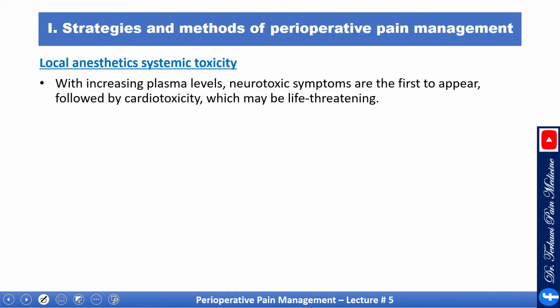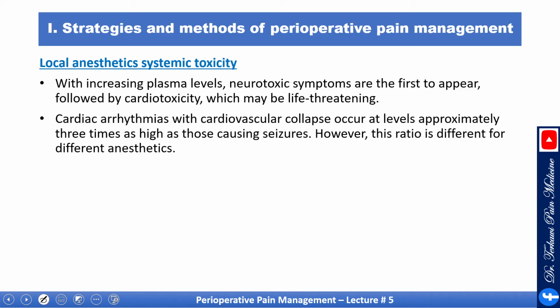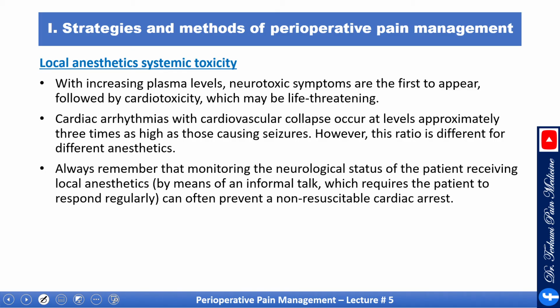With increased plasma level, neurotoxic symptoms are the first to appear, followed by cardiotoxicity, which may be life-threatening. Cardiac arrhythmias with cardiovascular collapse occur at a level approximately 3 times as high as those causing seizure. However, this ratio is different for different local anesthetics. Always remember that monitoring the neurological status of the patient receiving local anesthetic can often prevent an